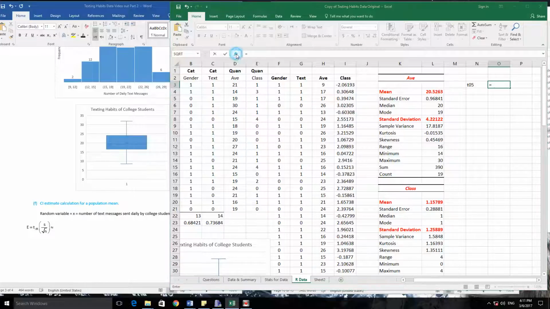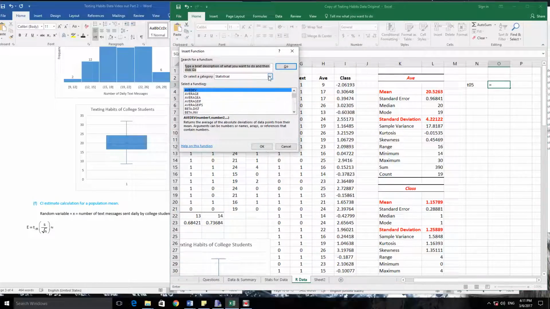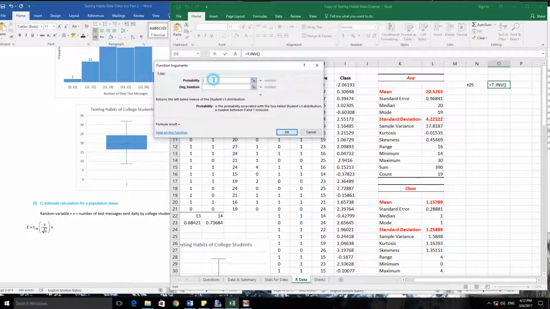So to find that, I'm going to look under f of x and statistical function, and if I look under t, let's see, there's the t distribution, and here's t inverse. So under t inverse, I have to identify probability, comma, degrees of freedom. So that's the one I want. So the probability is, well, what did we,